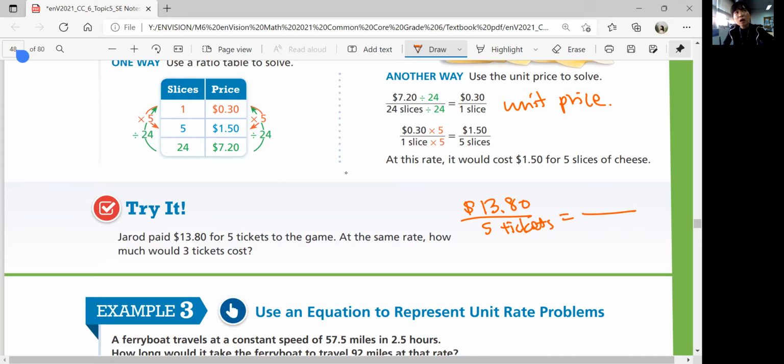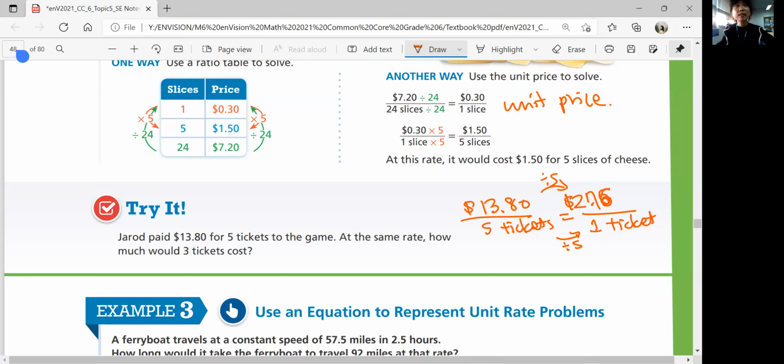So how much does it cost per 1 ticket? You're going to divide both numbers by 5. 2.76. So our unit price would be